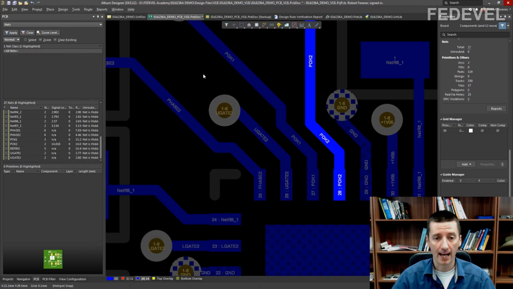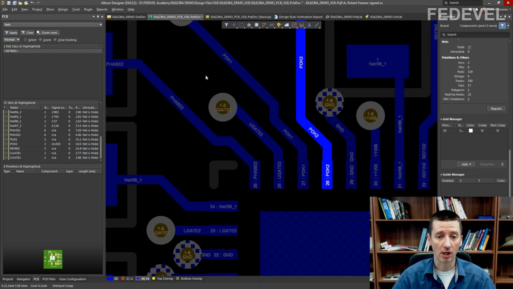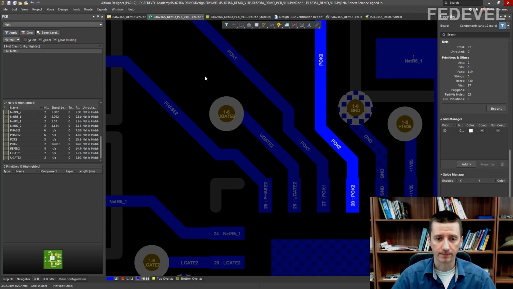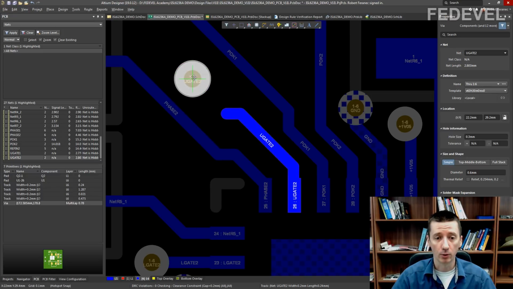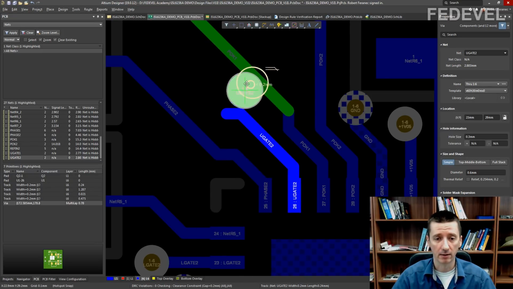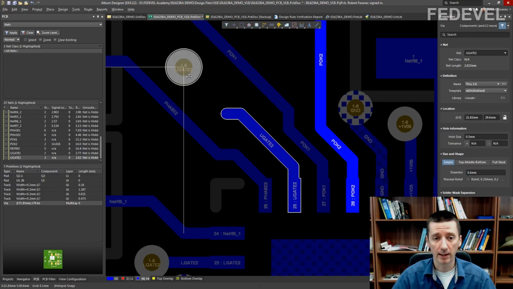Okay. Now watch how this behavior of Altium has changed. So if you select a via, and when you hover the cursor over the via, press the left button on your mouse, hold it down, you can move just the via. Okay, you can place it somewhere and then connect it.